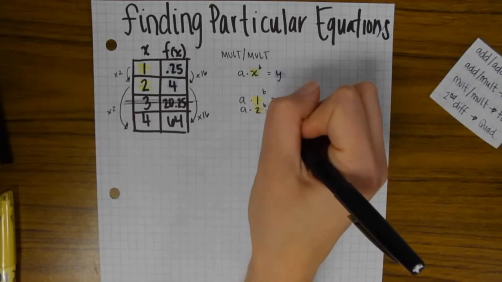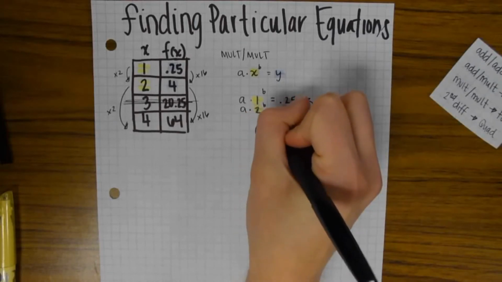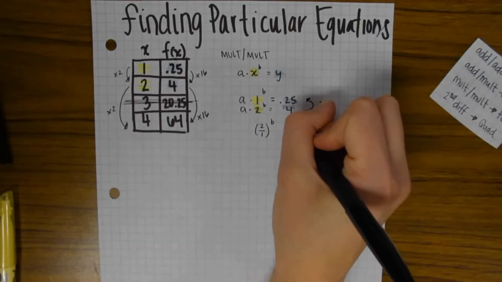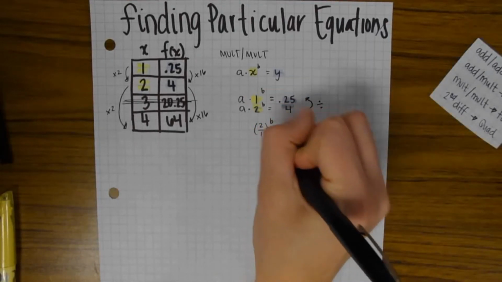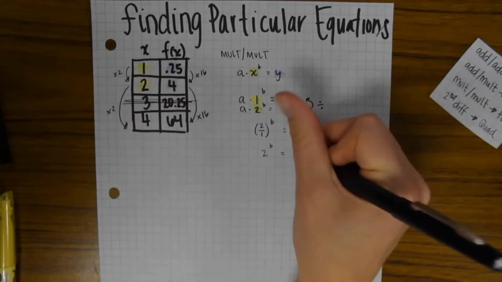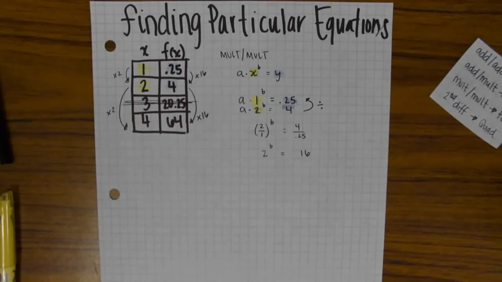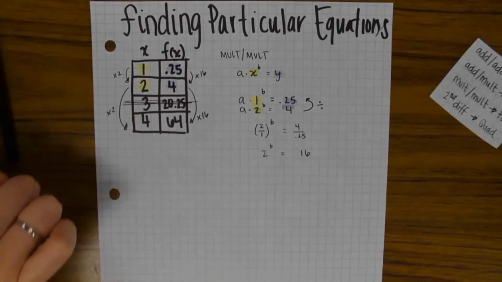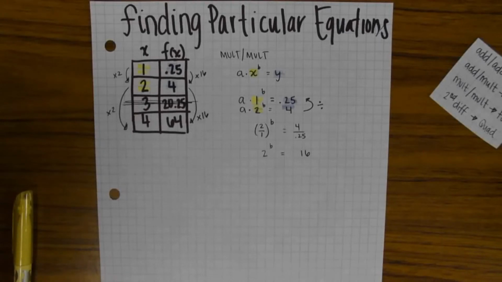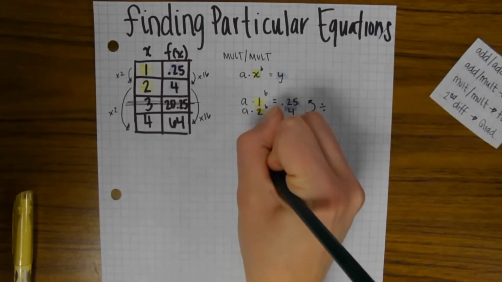Now, these have the same exponent, and so that would be the same thing as 2 over 1 to the power of b equals 4 over 0.25. But 2 over 1 is just 2, so we have 2 to the power of b equals 4 divided by 0.25, which was 16. We have b in our exponent. How do we get b out of the exponent? What is the inverse operation to exponentials? Oh, log. So if I log both sides, because what you do to one side you must do to the other,